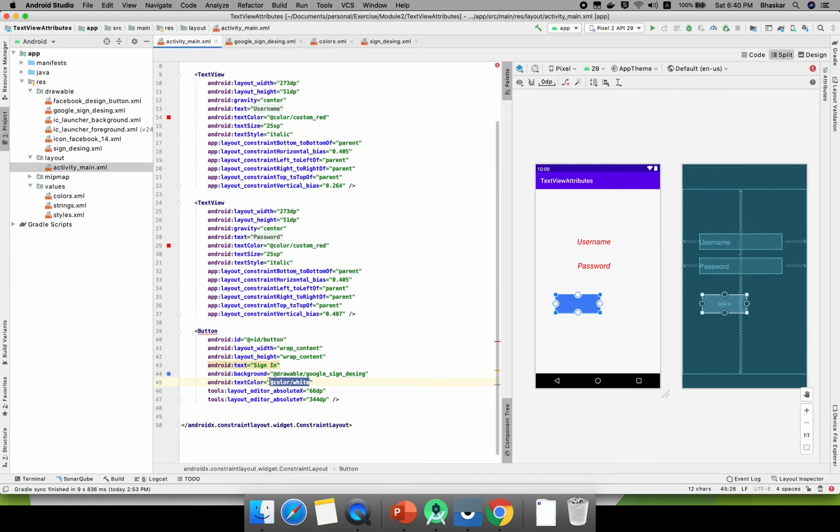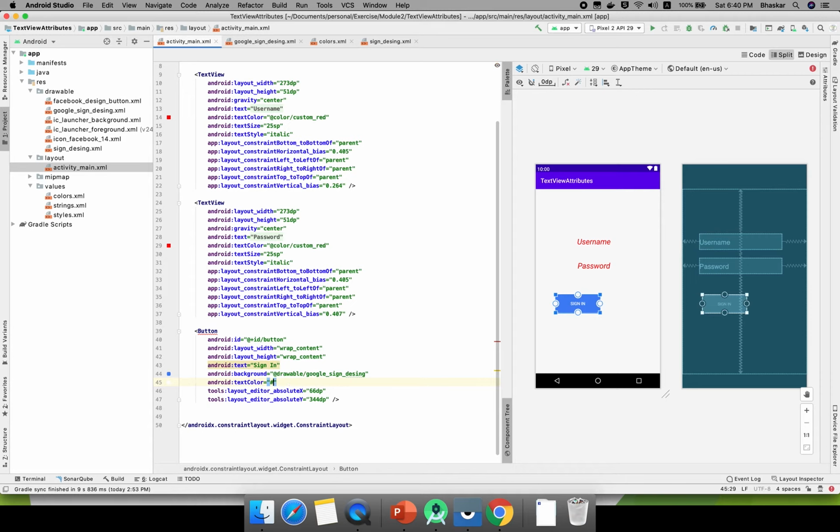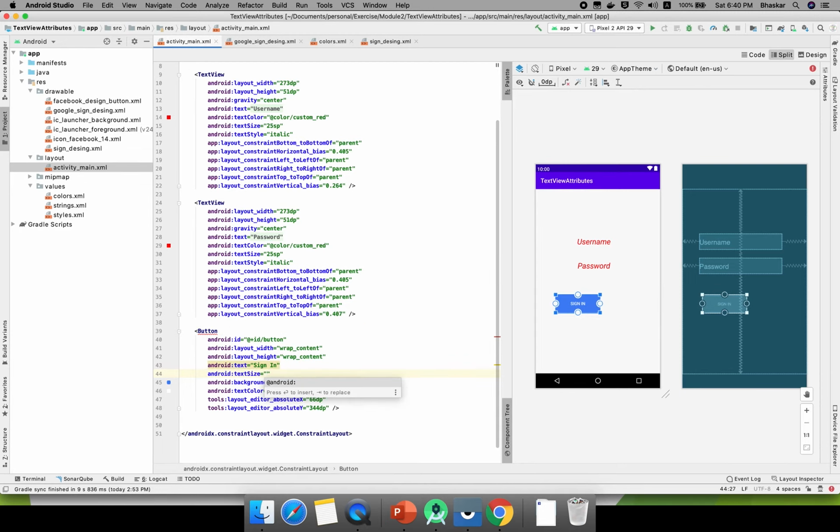So what I will do is give ff. You can take the text color as f, right? Just go and define it. Here you can give the hash. See, I hope you are clear. If you want to extract it here, you can give this for the button. Here you can give small f's also, 3 4 5 6. Now if you want to increase the size of your text, if you want to give 20 sp, okay.